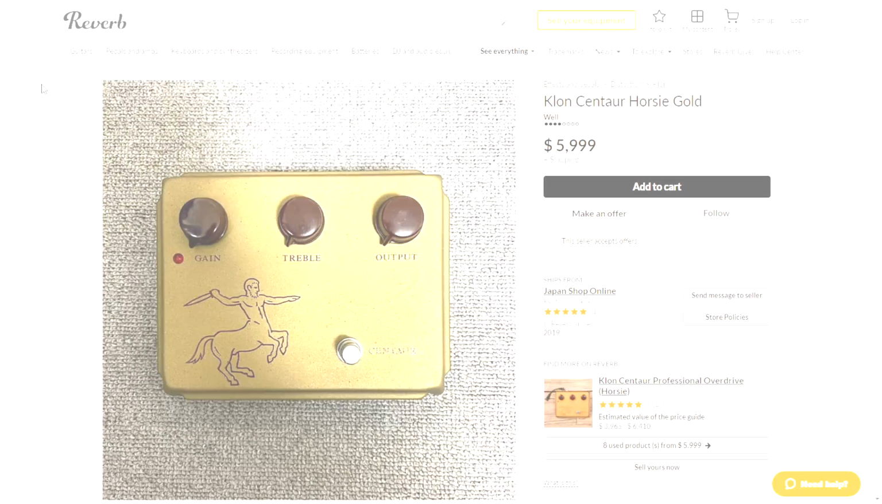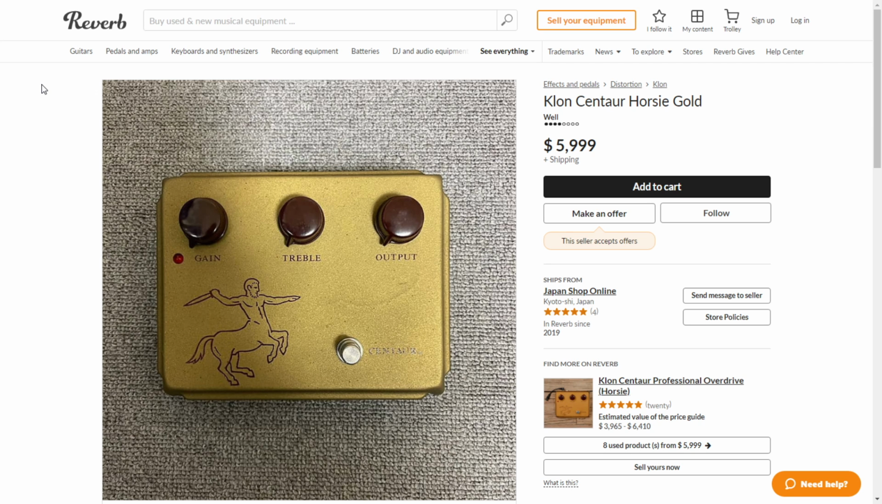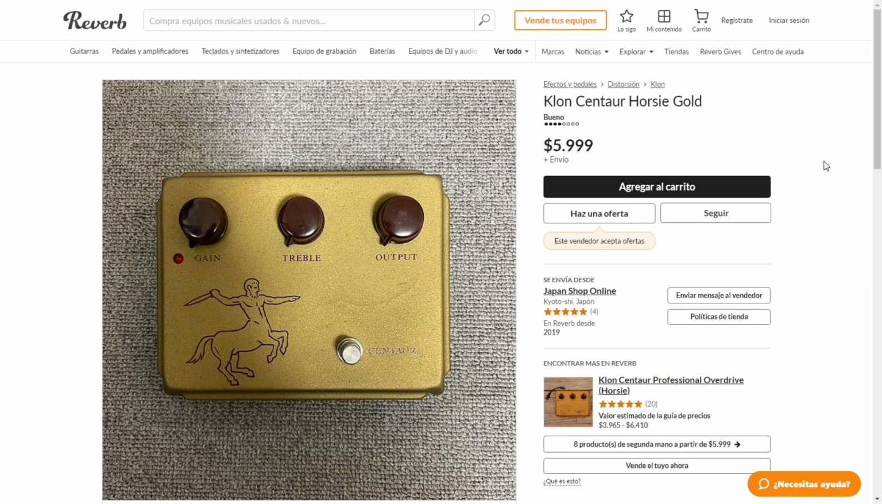Let's get to the video. I'm inside the store and website called reverb.com, and as you can see, this is pretty crazy. The Clon Centaur Horsey Gold costs almost $6,000 plus shipping. This is a pretty expensive pedal. I haven't seen before a guitar pedal with this price tag, so it's pretty outstanding. It really caught my attention, as to why this guitar pedal costs this much. So it really caught my attention, as you can imagine, that a couple of companies released free VST plugins, emulations